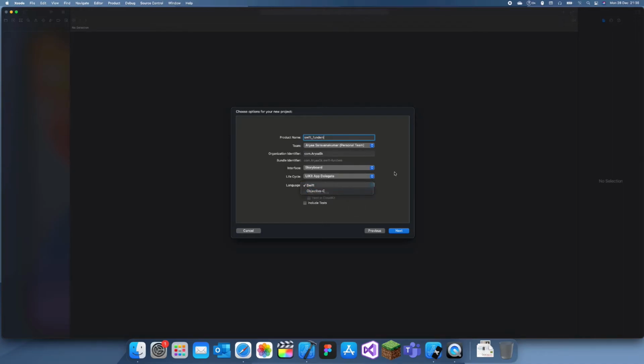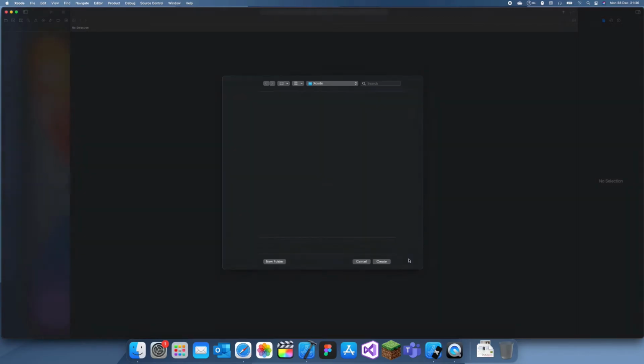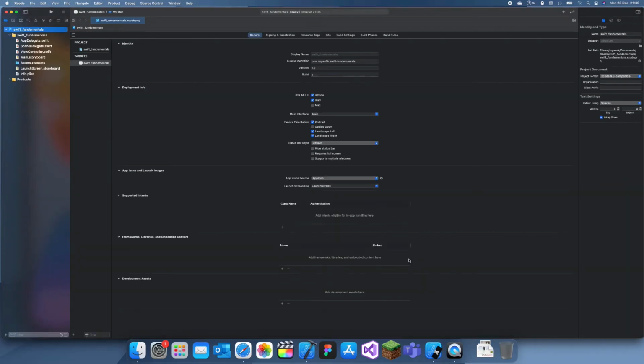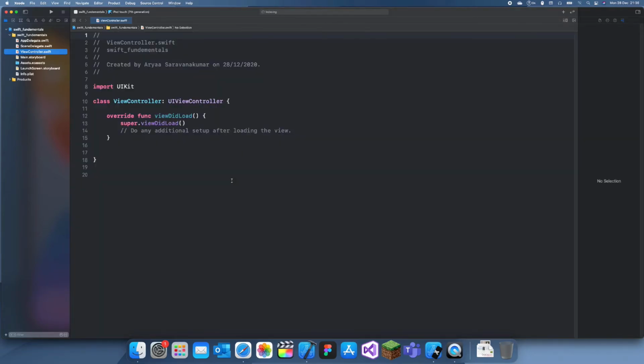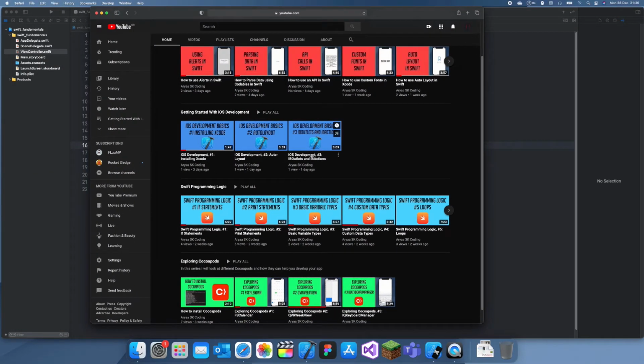So you can use Swift or Objective-C, but I would always use Swift because it's quite new, and it's just a lot cleaner and easier to understand. If you're a beginner, it's much easier to understand than Objective-C, which has a lot of complicated syntax. So Swift is really simple, and before we get started, I want to reference my own Swift basics tutorial,